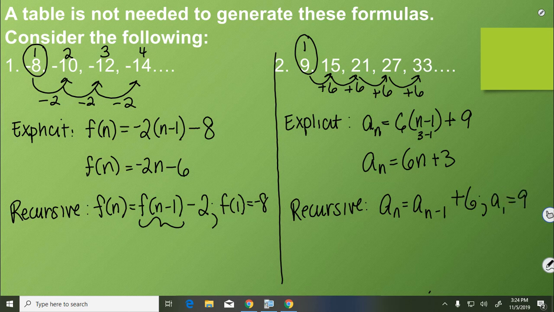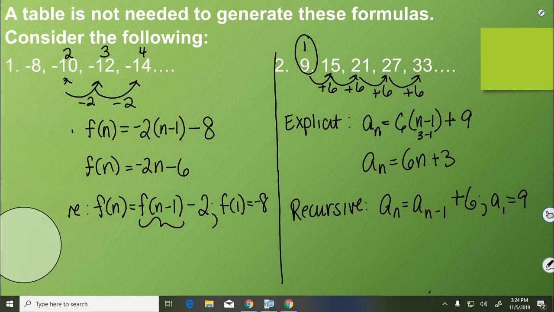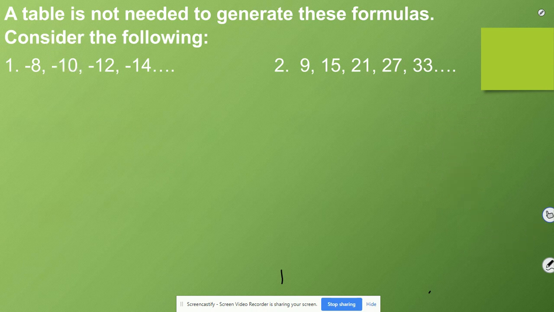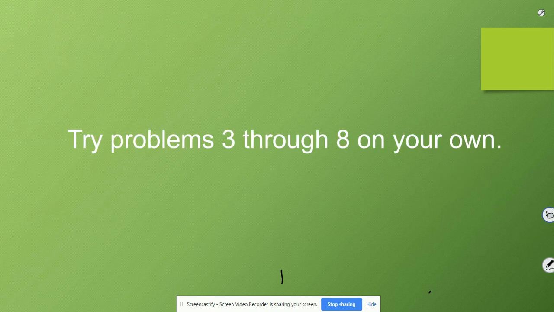Okay, so we're going to continue using these types of sequences the next couple of days and really making sure that you understand the difference between what an explicit equation is and what a recursive equation is and what they're used for. So, giving those examples, you guys are now on your own. You're going to try questions or problems 3 through 8. Check in with me so I can be sure that you